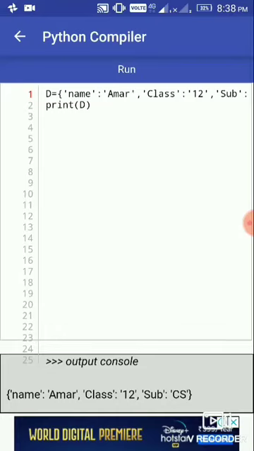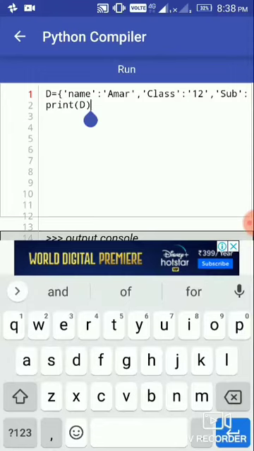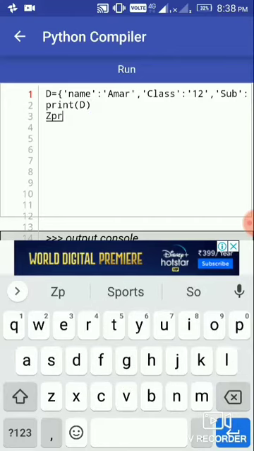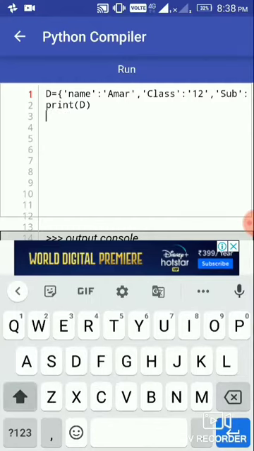In the same way we can access the different values according to their dictionary keys. So again, try with some other statement.